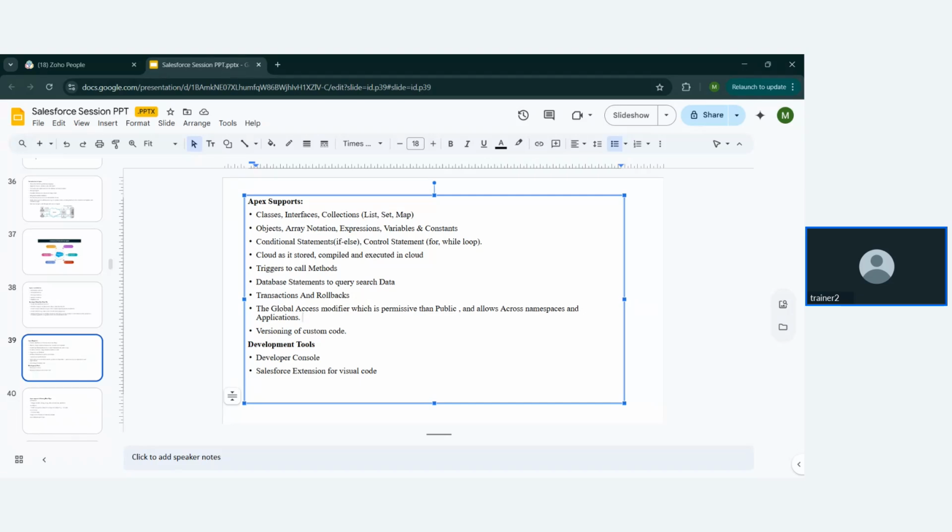Versioning of custom code: we can store Apex code as versions. That is known as versioning. And we have development tools like Developer Console and Visual Studio Code. Whenever we want to write code in Visual Studio Code, you should install the